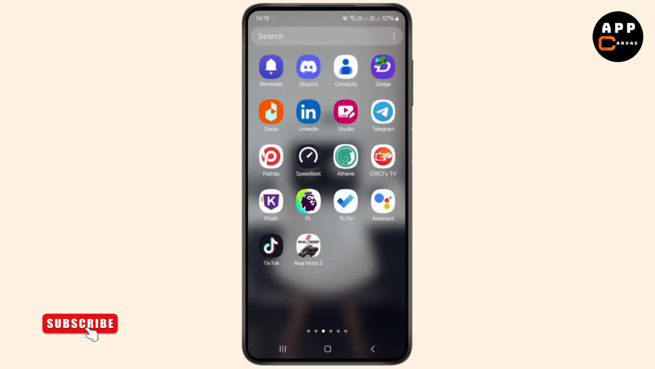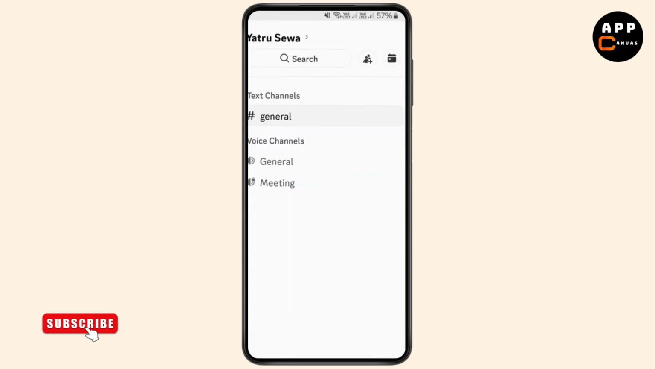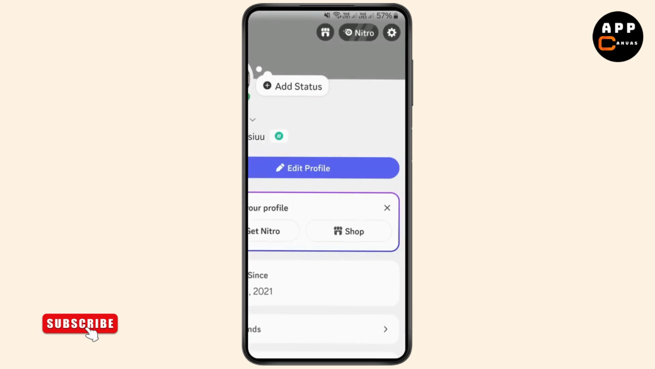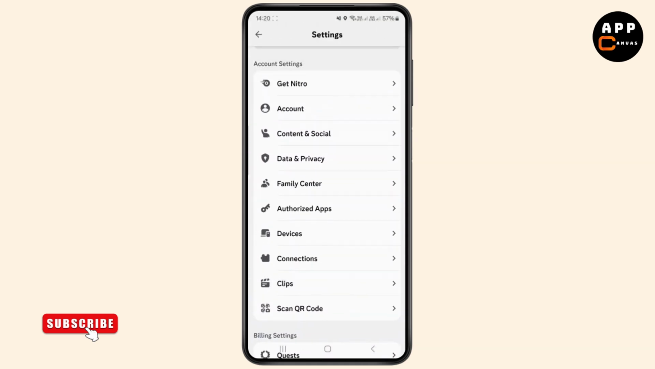In this quick tutorial I'll be showing you how you can view content of your Discord data package. So first thing, just head over to your Discord application and make sure you are logged into your account. Just tap on your profile icon at the bottom right corner, and once you're inside here, just tap on the gear icon, that is settings, at the top right corner, and now scroll and click on this data and privacy